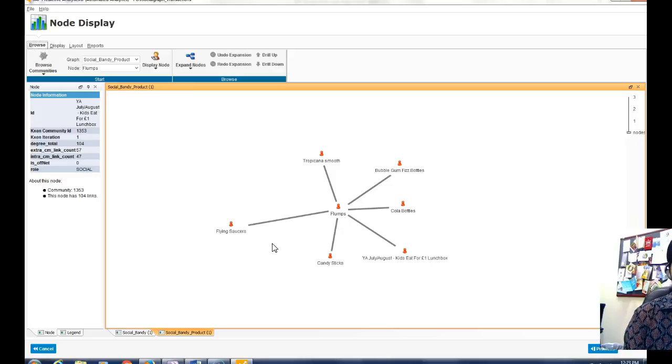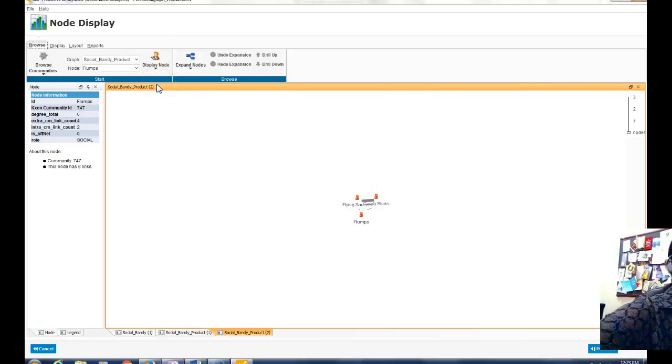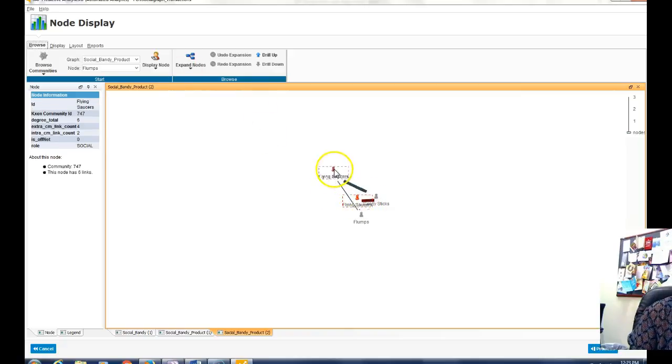Now, in order for us to see how Flums link to other products, we can go to display note and then select display community from here. So take a screenshot of this. This is your screenshot number 3.